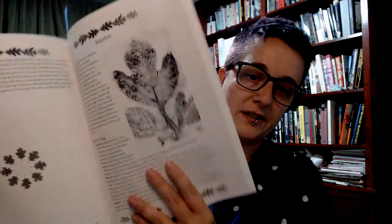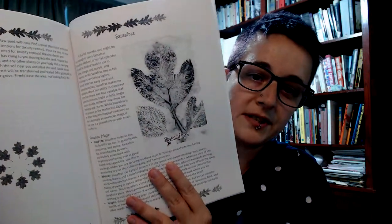The book is black and white, and it's big. I'm a fan. I like big books. And so it looks like, oh my goodness. It has a section for each tree. So like there's the start of the section for sassafras, and it has sassafras magic, like magical uses,